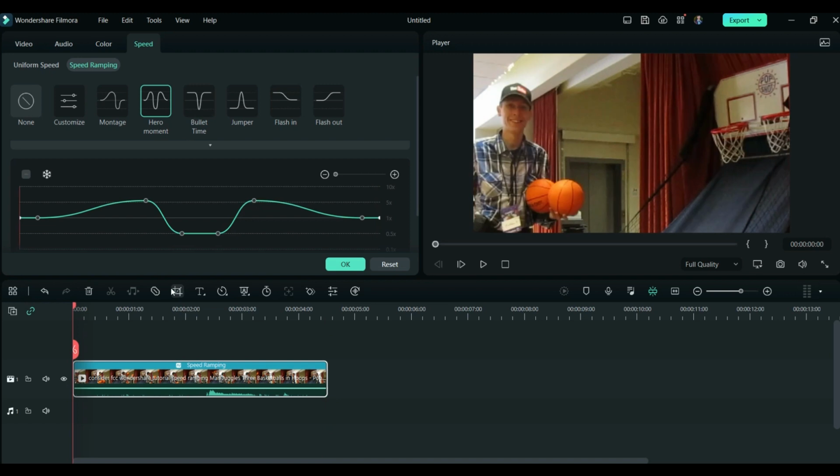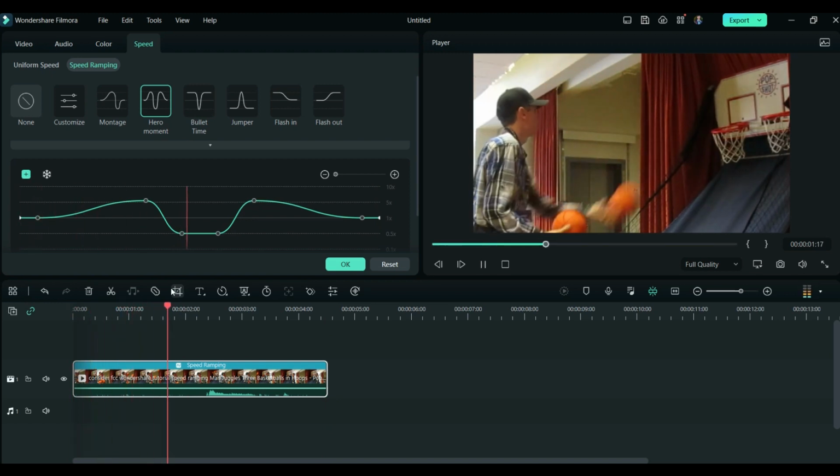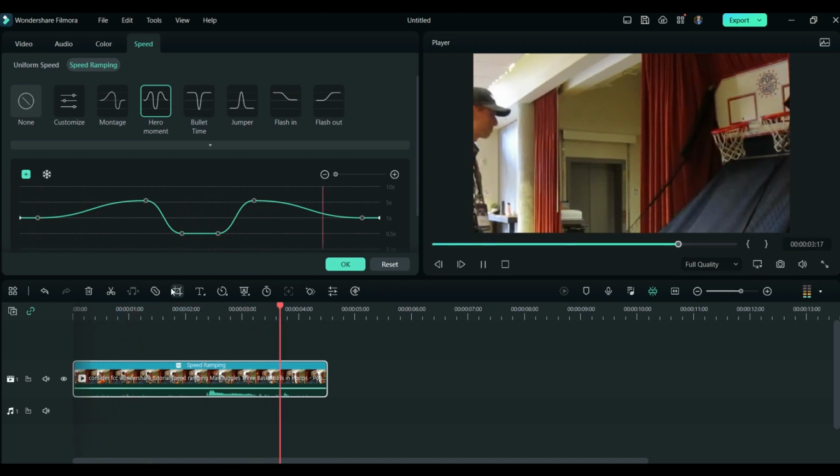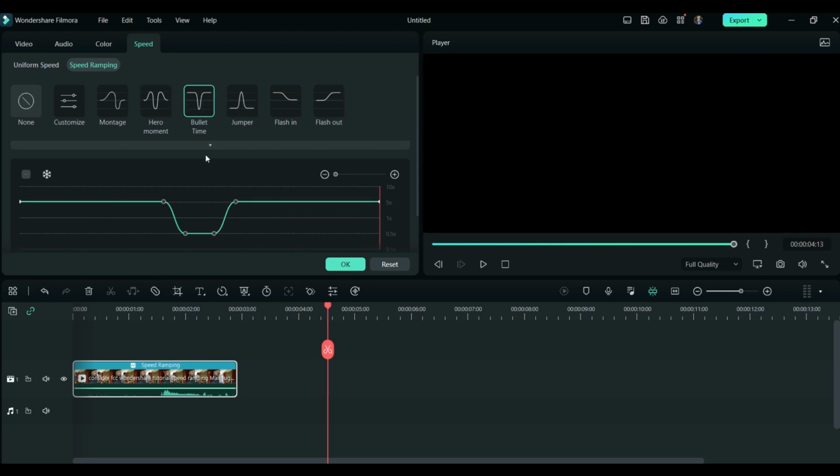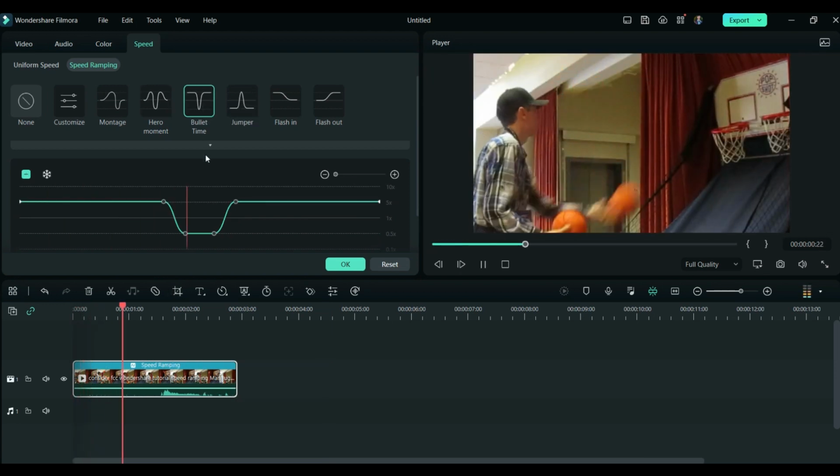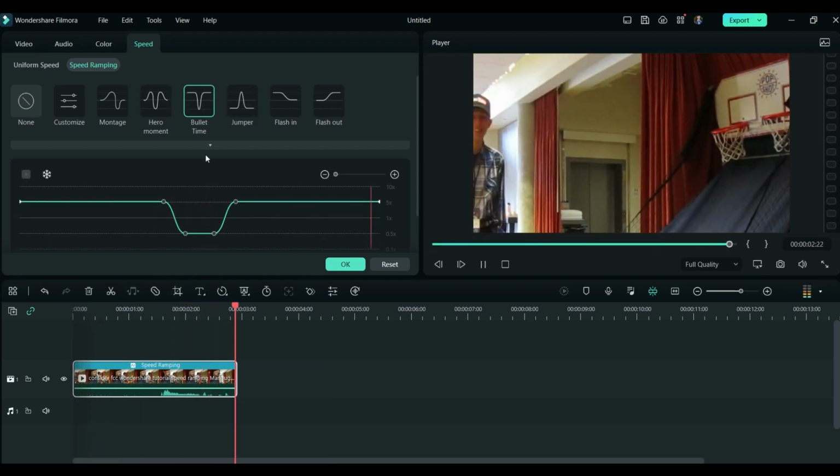So this is the hero moment. This is what it would look like. Slows down in the middle and then speeds up at the end. So the options are basically endless. It's not just these right here, like bullet time, jumper, flash in, flash out and such,